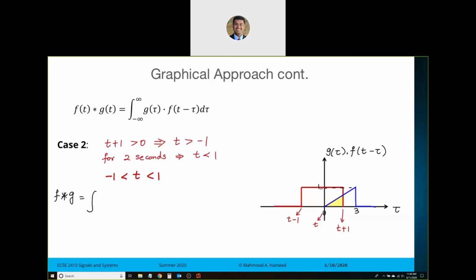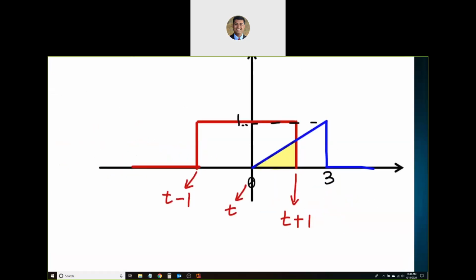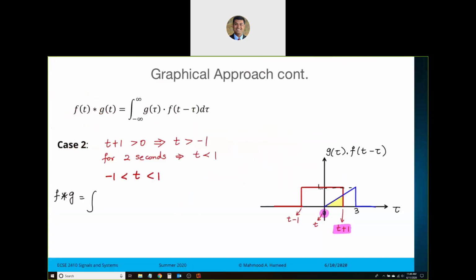So what would the integration limits be? Well, you would have to take a look at the overlapping region. The overlapping region suggests that the lower limit on the integration is 0, and the upper limit is t plus 1. So let's do that: 0 to t plus 1. I'm multiplying 1, because the red signal f of t minus tau is 1, with